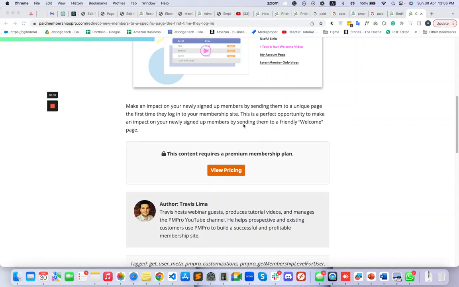If you're using Paid Membership Pro for your memberships, then you must know that they have a lot of add-ons, but most of them are paid. Like add-ons which are necessary to complete the project, they are paid. So recently I was working with a project and I needed to redirect the users once they sign up for